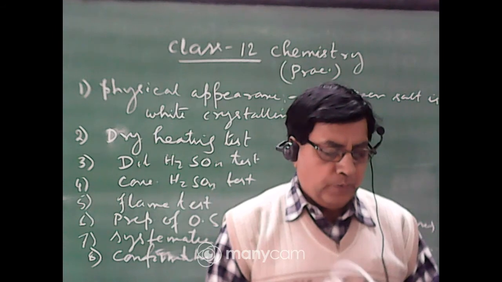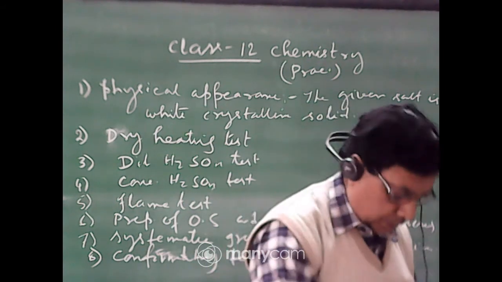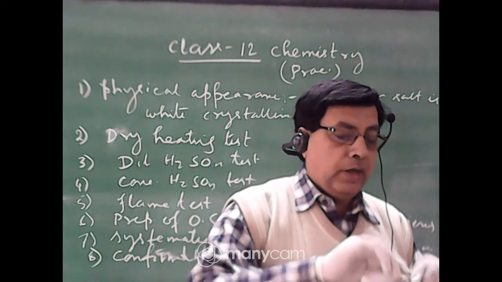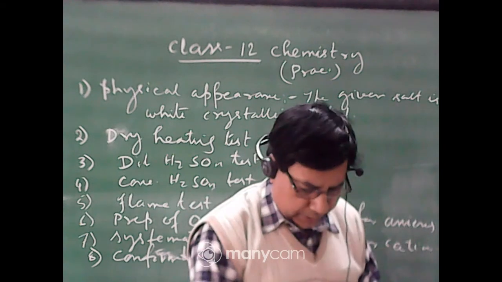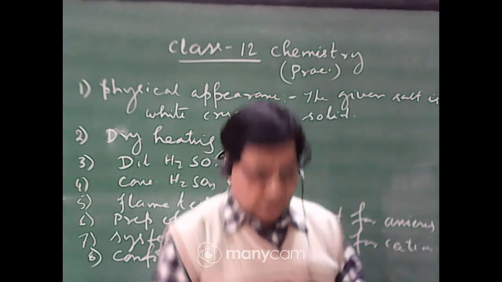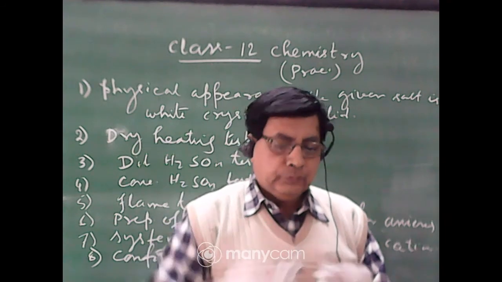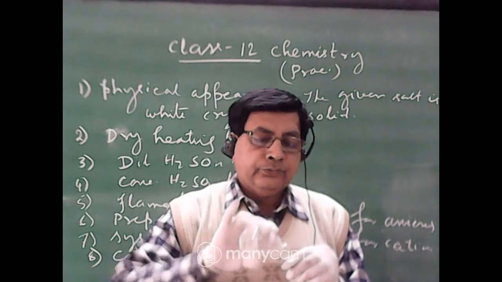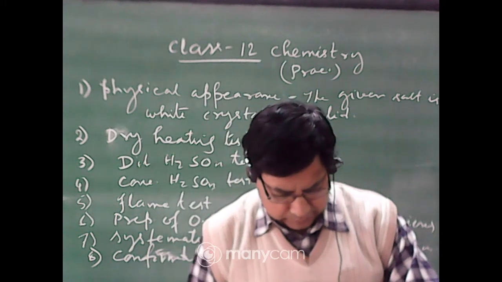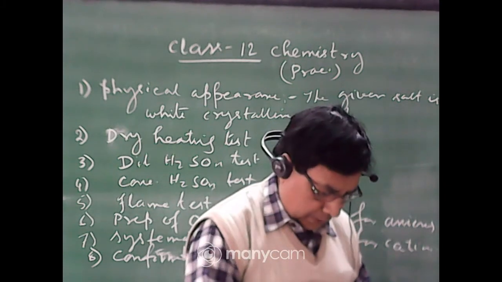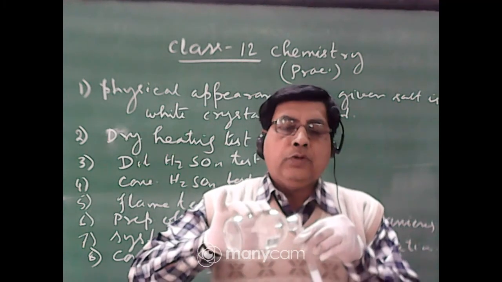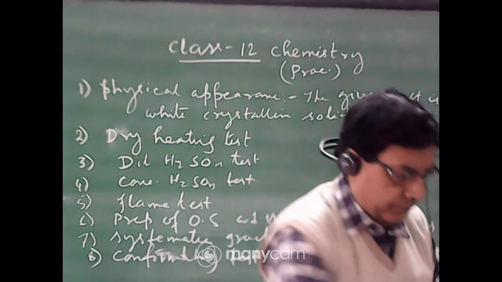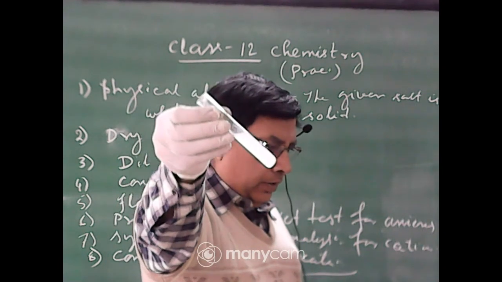You perform the group 5 test. What is the group 5 test? You take the original solution. Now you add ammonium chloride, ammonium hydroxide and ammonium carbonate. First you add ammonium chloride, then a very small amount of ammonium hydroxide. Then you add ammonium carbonate, (NH4)2CO3, and you observe a white precipitate is formed.